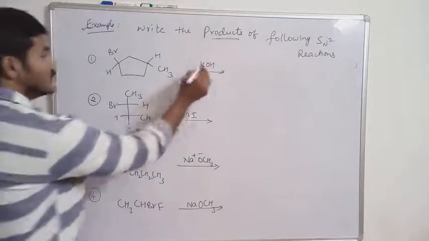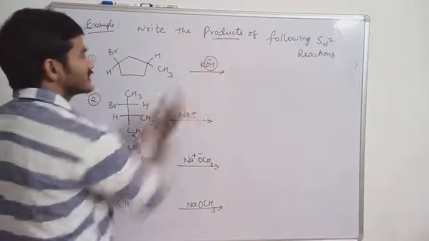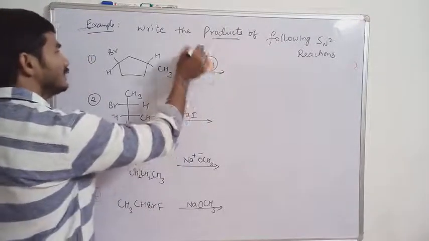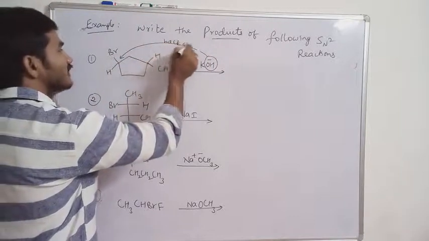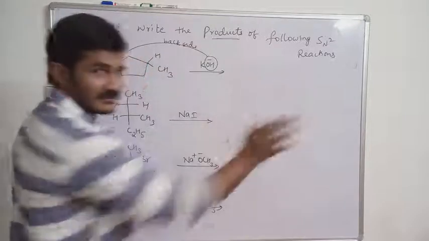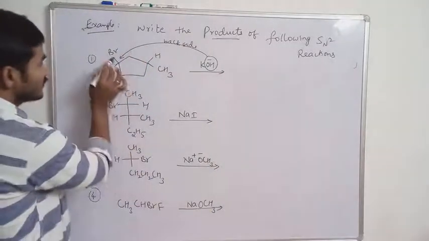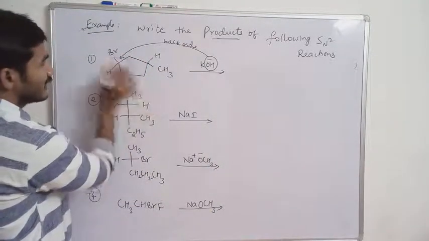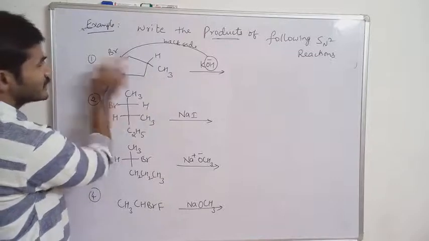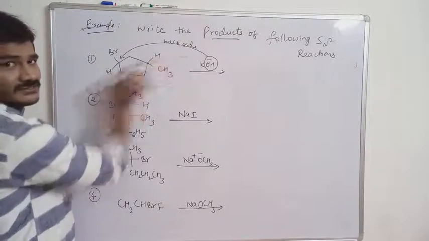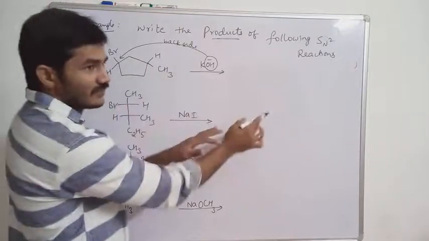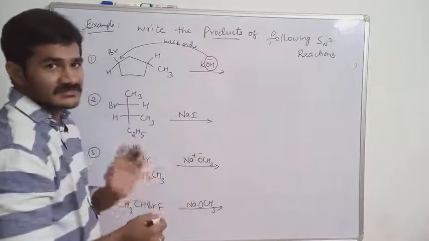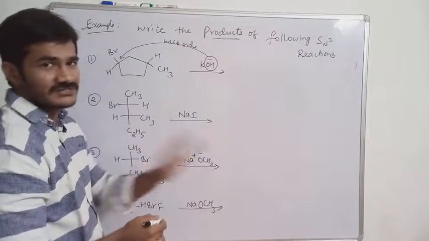Okay, you see. So what is the nucleophile in this? OH minus. OH minus attacks from the back side. When it attacks from the back side, I am not writing the transition state, I am actually writing the product. So this configuration, if you see, is said to be what? Trans. Br, CH3 they are both on the opposite side. H are on the opposite side. This is said to be trans configuration. If it is trans, what would be the product here? Cis. Because inversion means we have to get the opposite configuration.